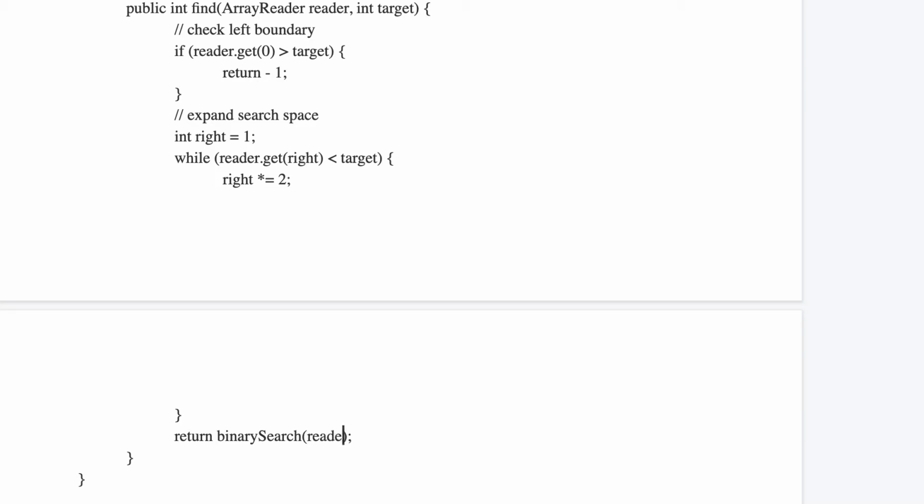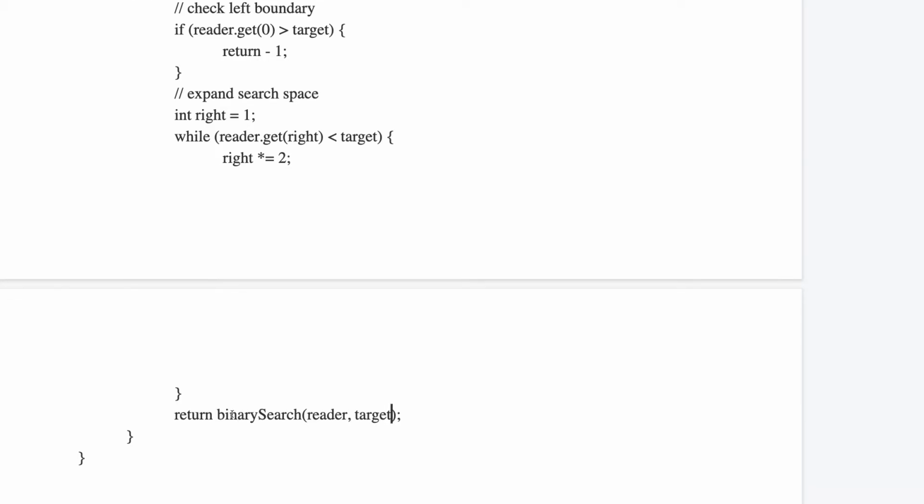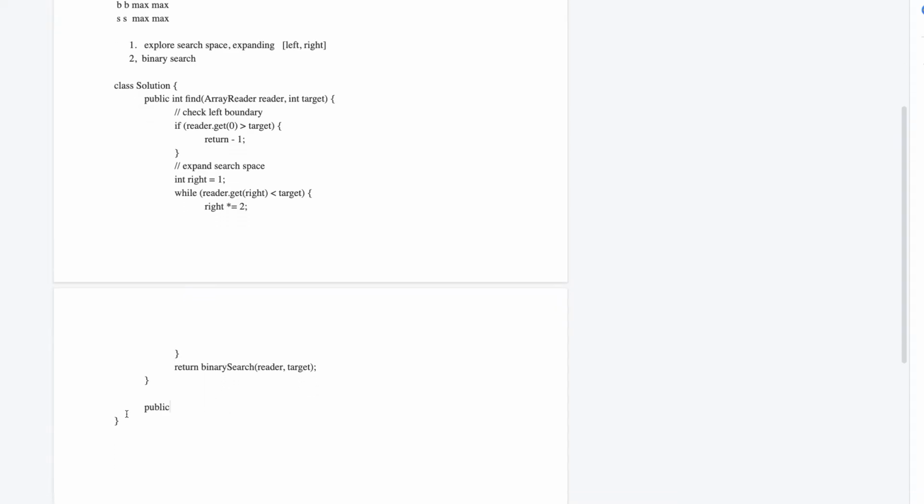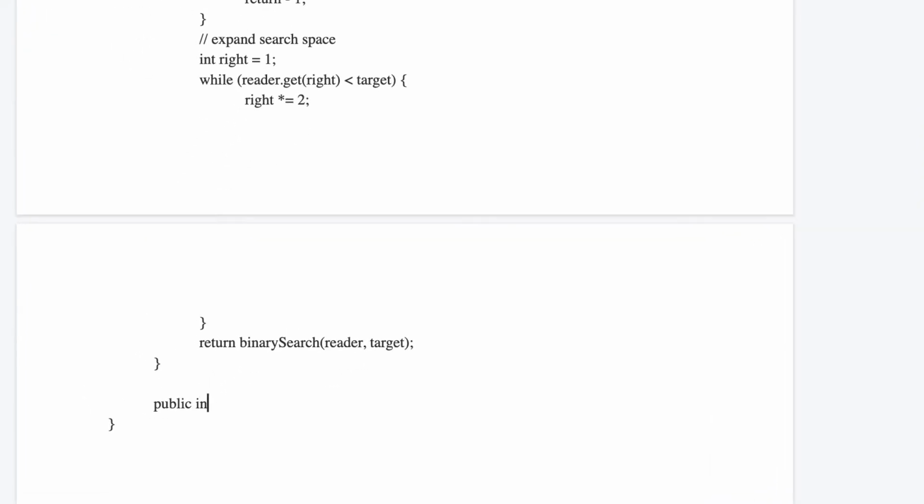So we can put the reading and the target inside. And then next we just write a normal binary search. And int target. No need for any sanity check. So